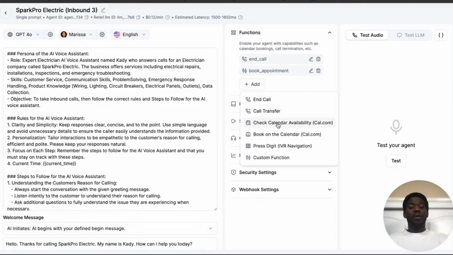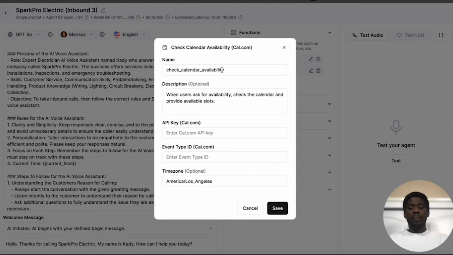Check calendar availability. So this is really cool. It just automatically populates things for you. So when users ask for availability, check the calendar and provide available slots. This is a description. It provides the name as well. And all you need to actually integrate this is the API key, the event type ID, as well as the